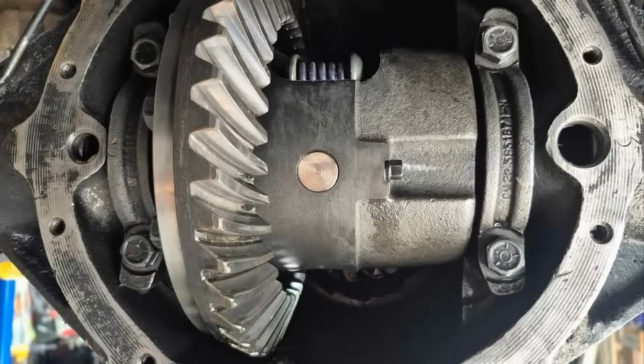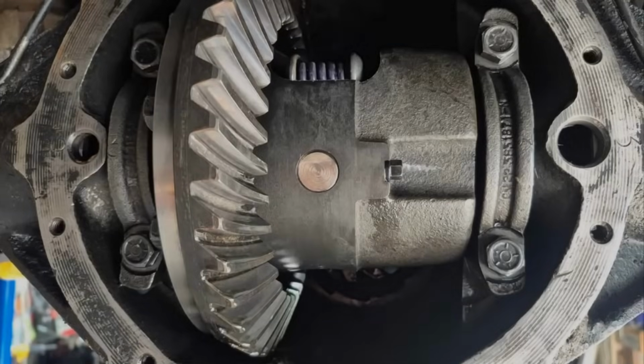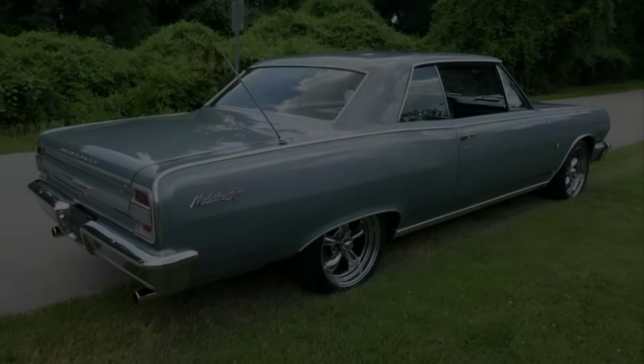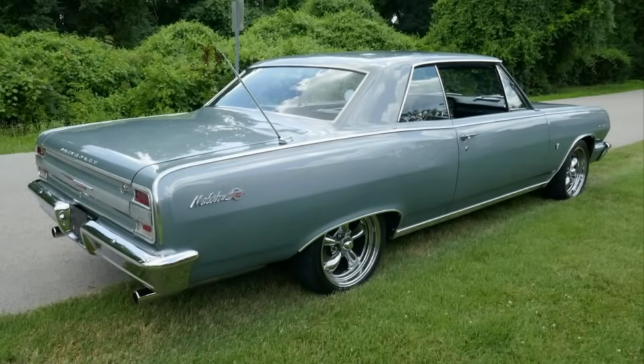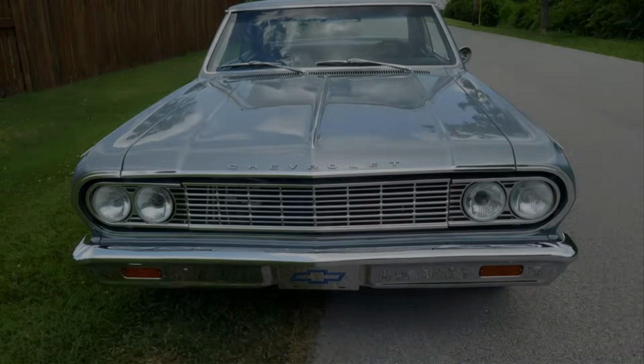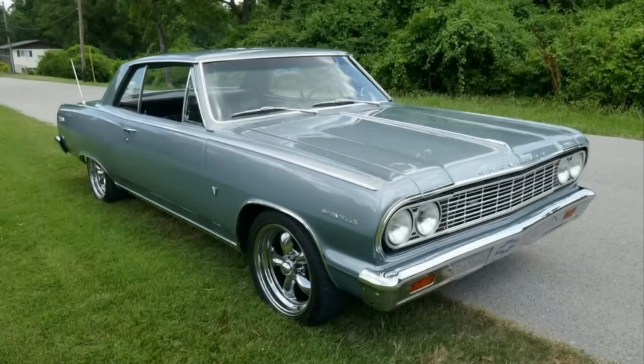Inside, a Dakota Digital dash and retro sound stereo bring modern convenience to the classic cabin, while the factory bucket seats and center console reinforce the car's super sport pedigree. Overall, this 1964 Chevrolet Malibu SS is a standout example of a well-executed resto mod that doesn't stray too far from its roots. With its combination of style, performance, and comfort, it offers a complete package for enthusiasts who want